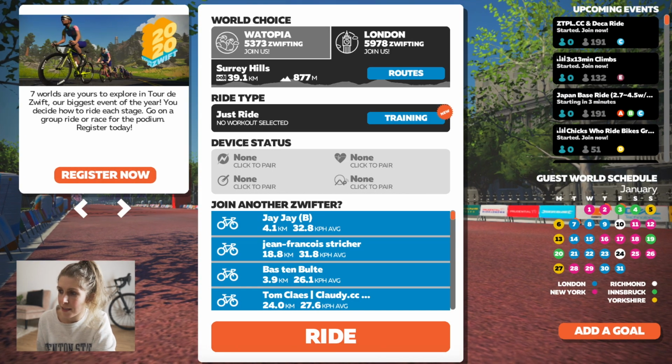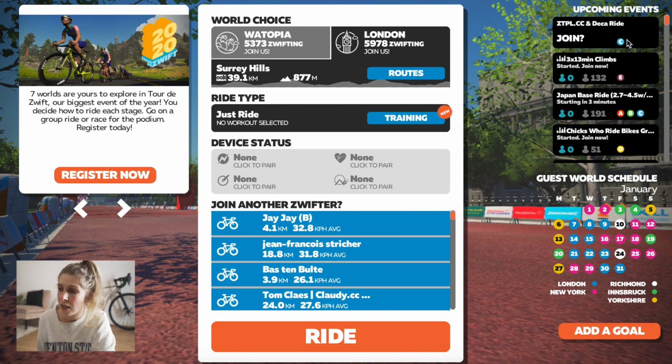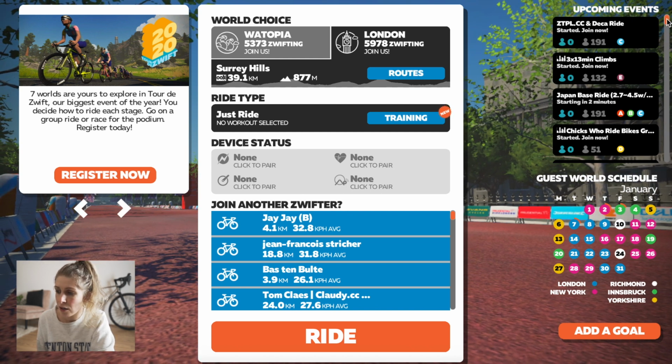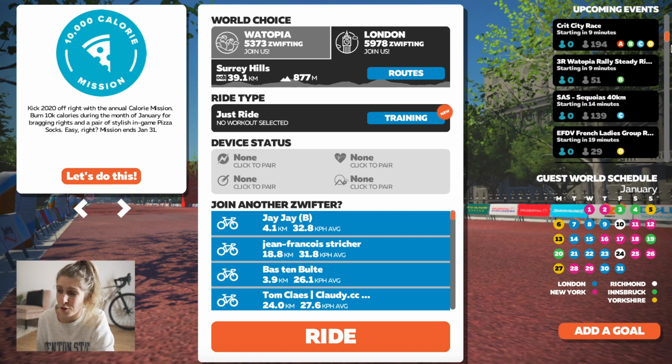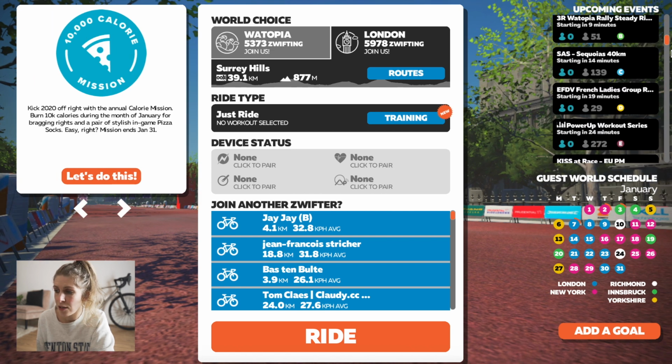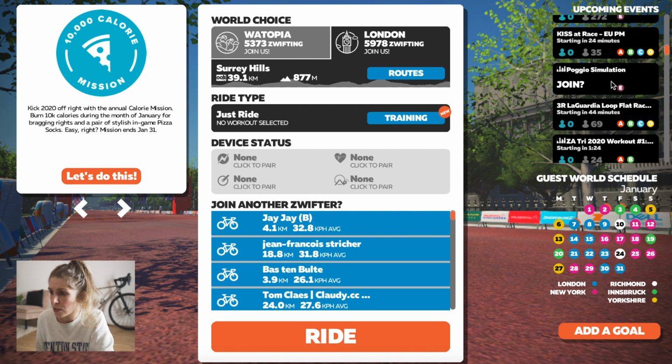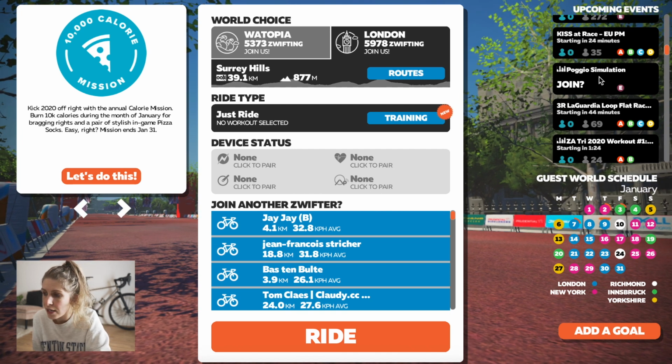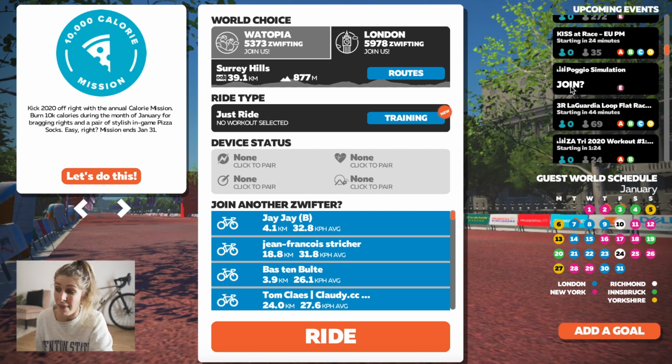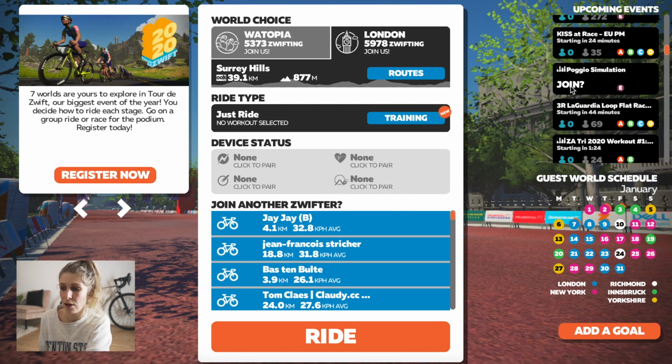Also on the right hand side on the top, there's upcoming events, and they're the events that are going on in Zwift. Pretty straightforward, that you can sign up to. So all you would do, say you want to do that, if you hover over it, you can click join, and then you will join the event. Not necessarily straight away,